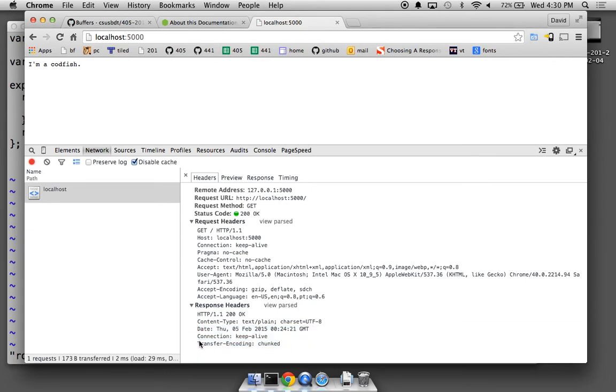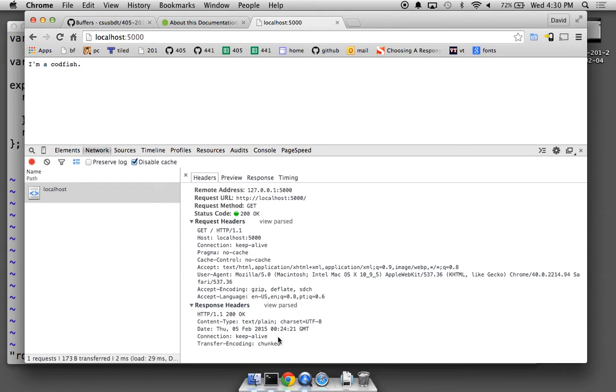And what does this mean? Connection keep alive. That means they're talking about the underlying TCP connection. So you make this communication connection between the browser and the server. It starts from the browser side. It does this thing called a TCP handshake, establishes this two-way communication channel, and they start sending data back and